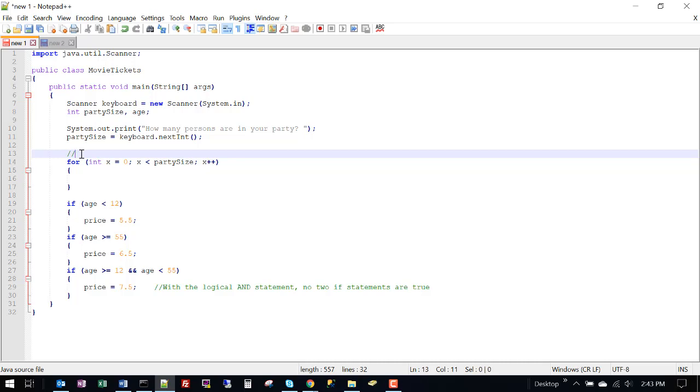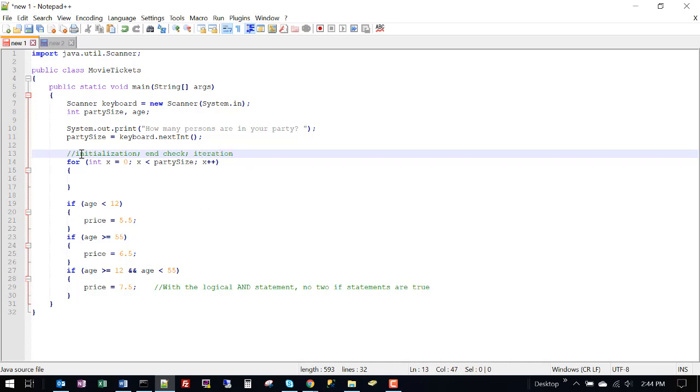The input or arguments to the for loop has 3 sections. The first section is initialization. The second is end check. And the third is the